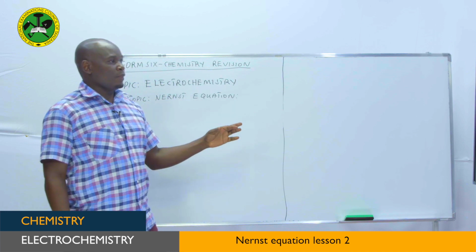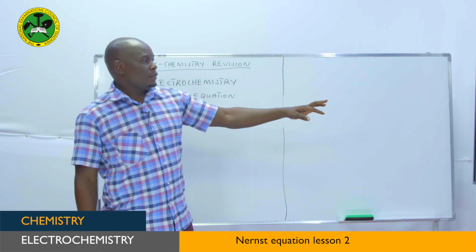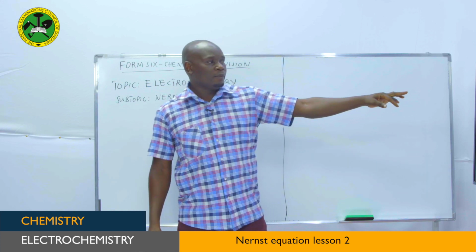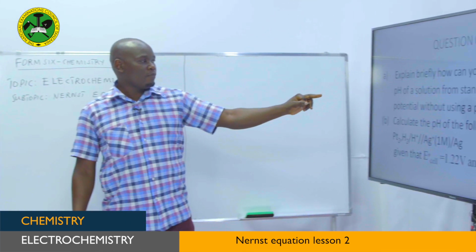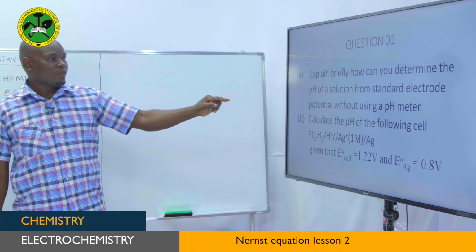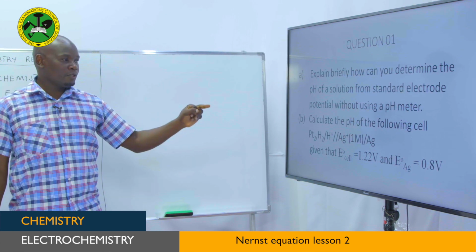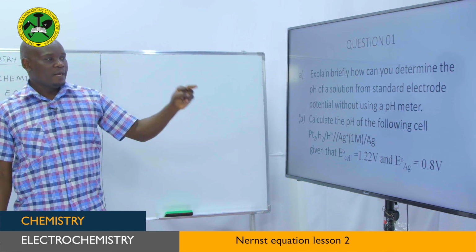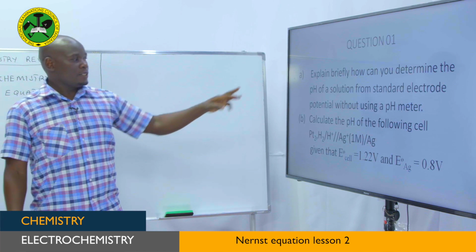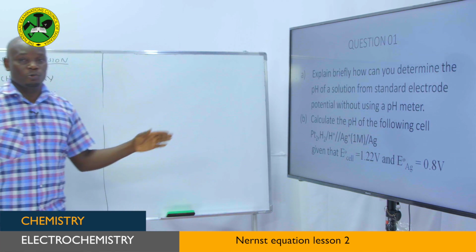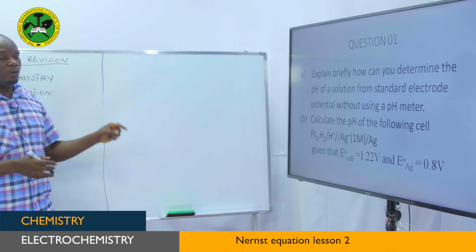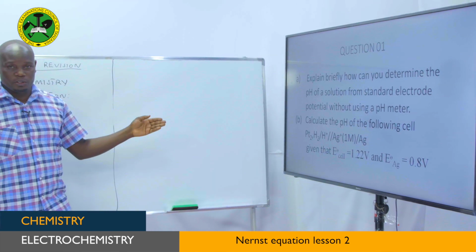The first question is that you have been asked to explain briefly how you can determine the pH of a solution from standard electrode potential without using a pH meter. So it's an explanation question. You need to give the highlights on how you can determine the pH of a solution without using